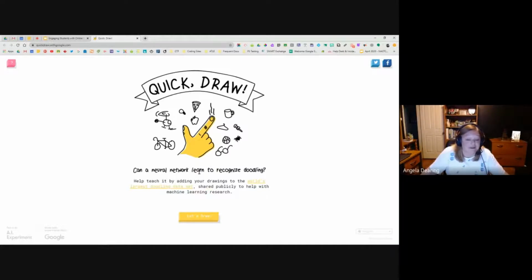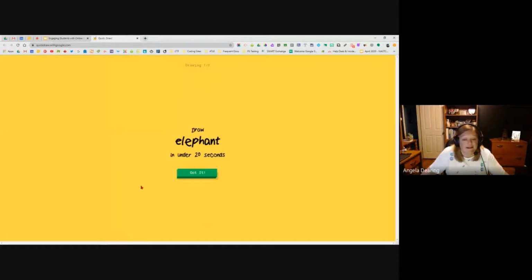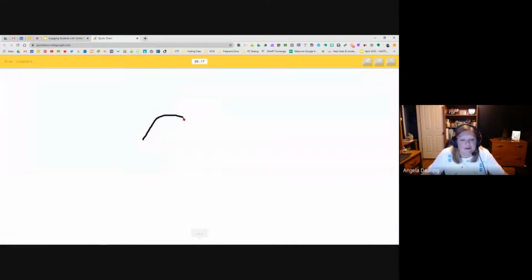So with this interface, when we click let's draw, it tells us something it wants us to draw. So I know what I want to draw now. I have to try and draw an elephant. This will be fun. I'm using my mouse. What's cool about this though,